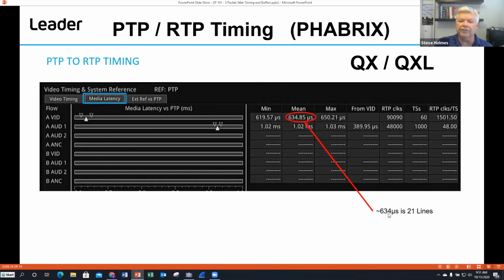So 6.34 microseconds is 21 lines out. So this is telling me that, yes, I am 21 lines out in looking at this information. But it's just giving you more measurement in a horizontal spread of here's 0 and here's where my first RTP packet's coming in,